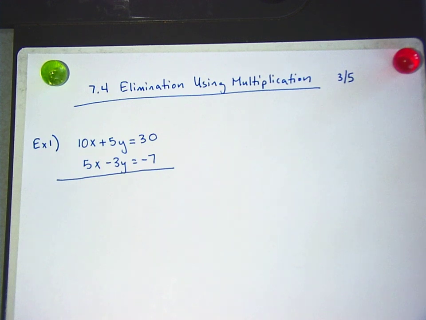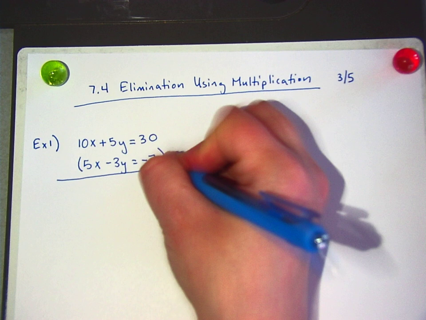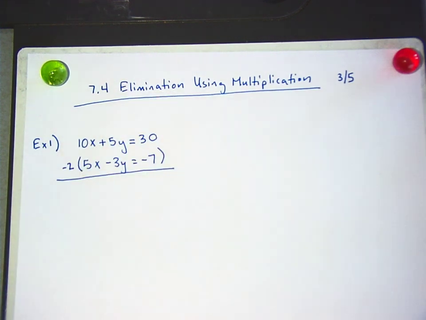But this time it doesn't look like before, where it was 3x and 3x, or negative 3x and positive 3x. So what could we cancel out? What could we do to make it possible to cancel it out? Anybody have an inkling? You think the x's or the y's would be easier? Probably the x's. What do you think we should multiply to make the x's work? 2. Right, but a negative 2,